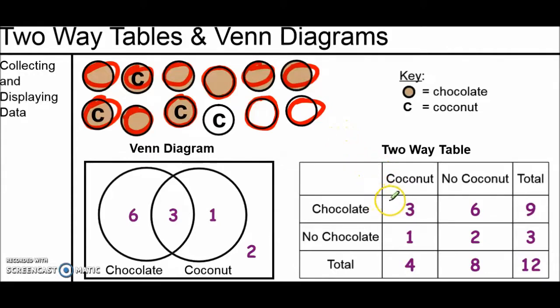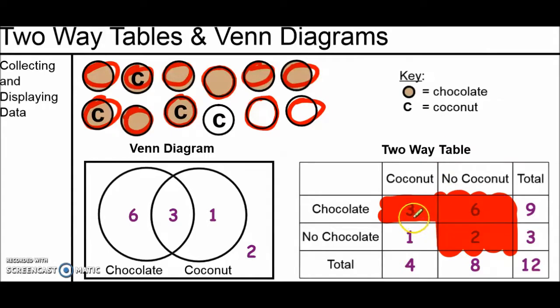Let's see what this would look like on a two-way table. First, I'll shade all of the chocolate candies. Next, I'll shade all of the not coconut candies. Now before, when we were thinking about chocolate and not coconut, we found where these two things overlapped. But instead, when we're thinking about chocolate or not coconut, we're going to look for everywhere that is shaded, not just where they overlap. So 3 plus 6 plus 2 gives us 11 total candies that are chocolate or not